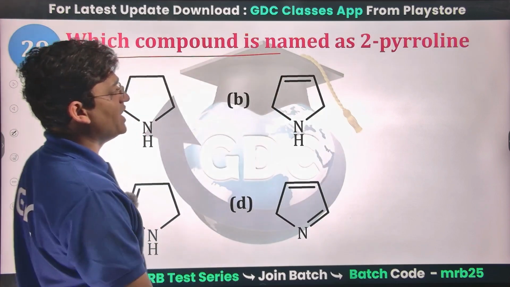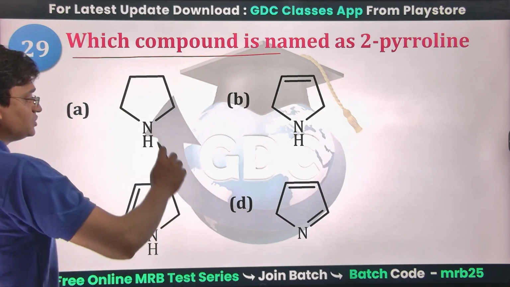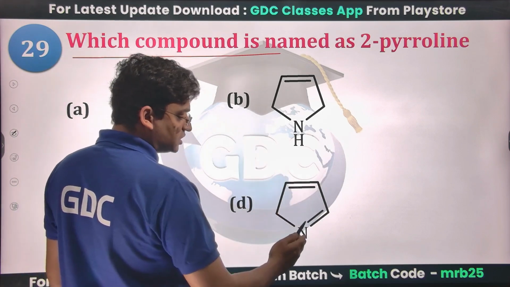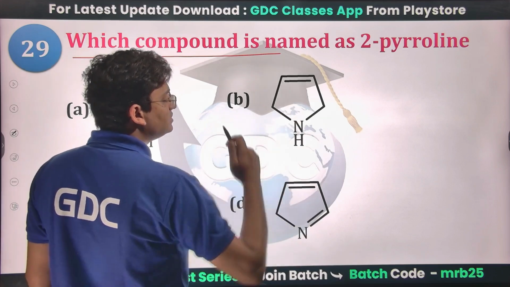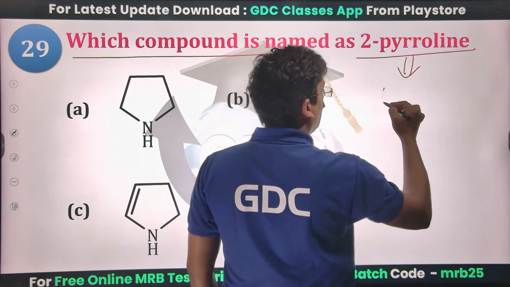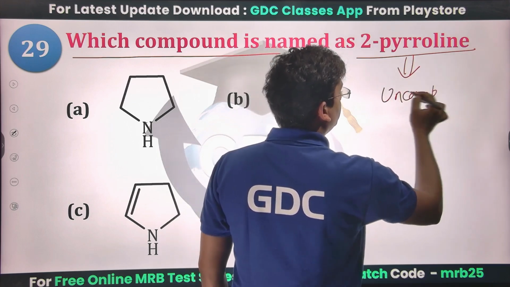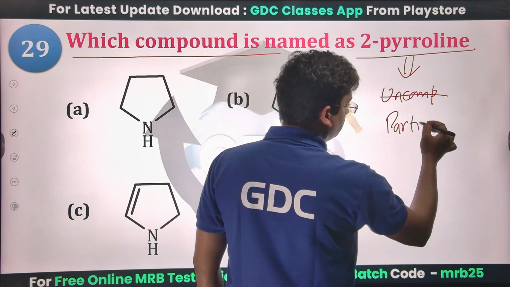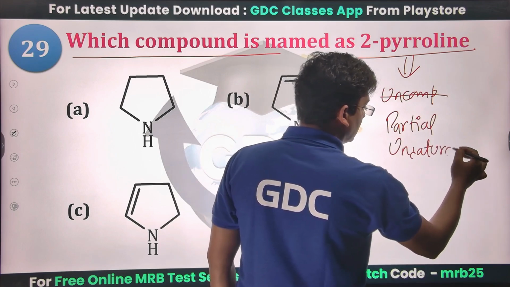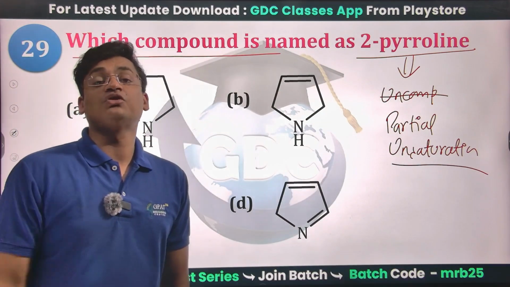Which compound is named as 2-pyrroline? Okay, so this is pyrrolidine, this is pyrroline, and this is the pyrrole structure. This is 2H-pyrrole, while this is also a pyrroline. So basically pyrroline represents partially unsaturated rings. Partially unsaturated rings of pyrrole are